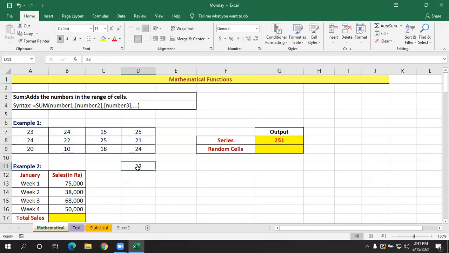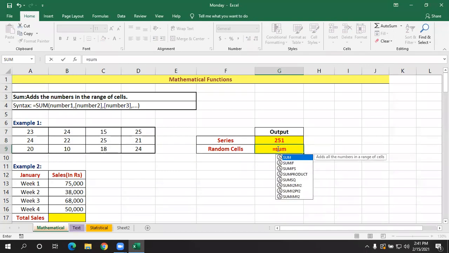So what I have done is for a series. If I want to calculate the total of random cell data, give equals sum, open the parenthesis. Now I want the total of 24, 25 and 24, that is cell A8, then C8 and D24.